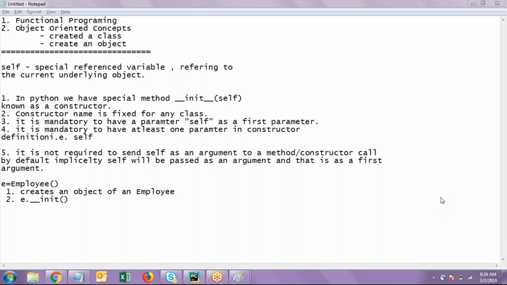Print e1 dot name in second print statement. Okay, we did it already. Okay, done. So hope you guys are following. Right. So if you summarize it,